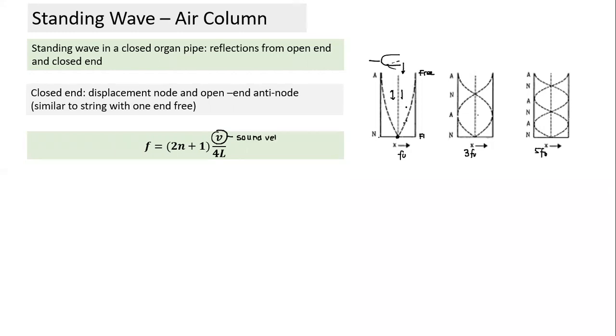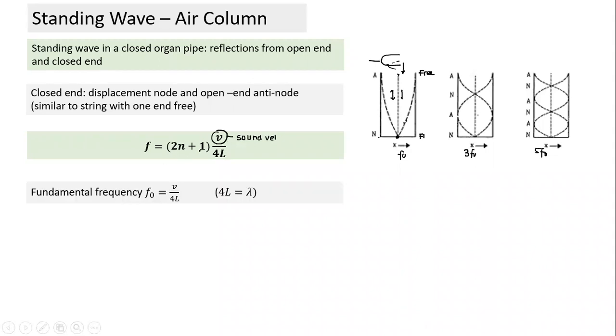Because of course the wave is traveling here in the medium, the air medium, unlike in the case of a string, where the wire is the medium. And we can change the tension, we can change the cross section, we can change the mass per unit length. So we can change V. In the case of an organ pipe, it's not easily possible to change the speed at which the sound travels within the organ pipe. We can change it by changing temperature or replacing air with some other gas. Otherwise, V remains unchanged. Otherwise, the formula is the same.